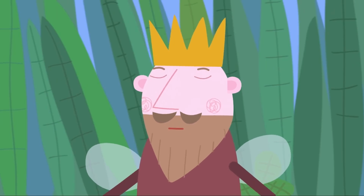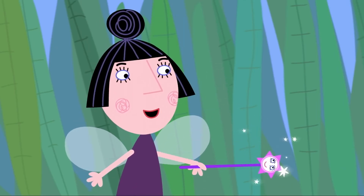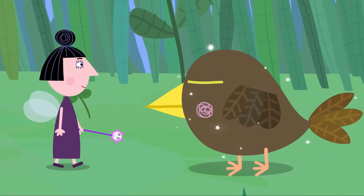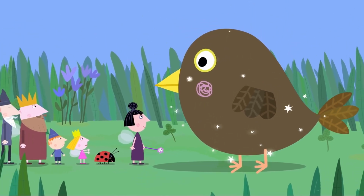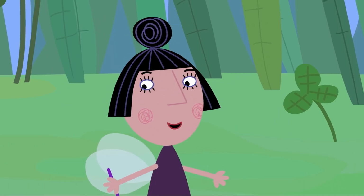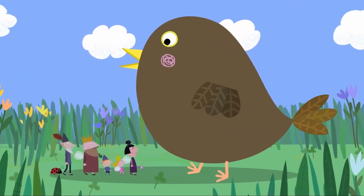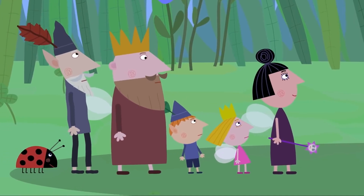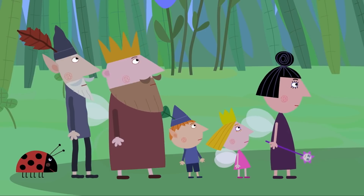Nanny, do a spell to make the chick chirp louder. Of course. Zigzag zig, make it big. Oh no, Nanny! I think you've got the spell wrong. The chick is getting bigger. I haven't got the spell wrong. I made it bigger to make it louder. Don't worry, the spell won't last long. How long, Nanny Plum? It could last a minute, or a week, or...